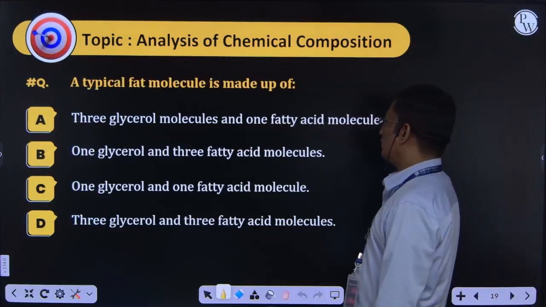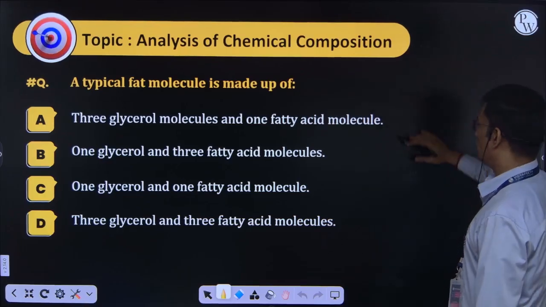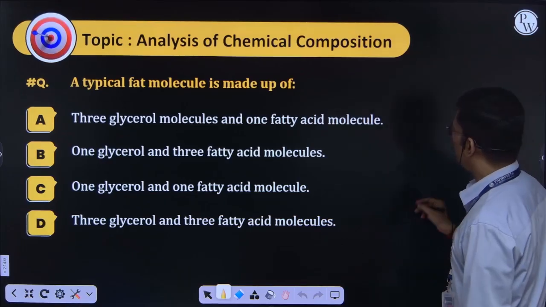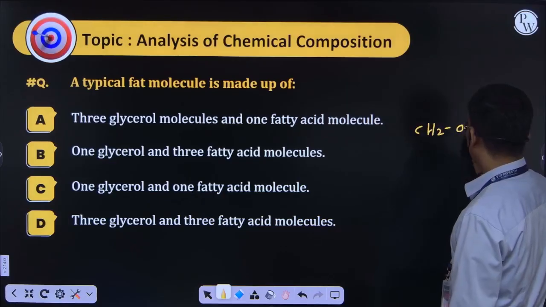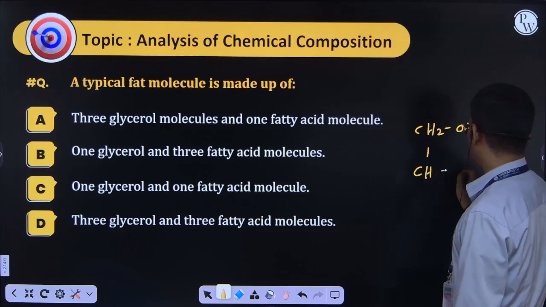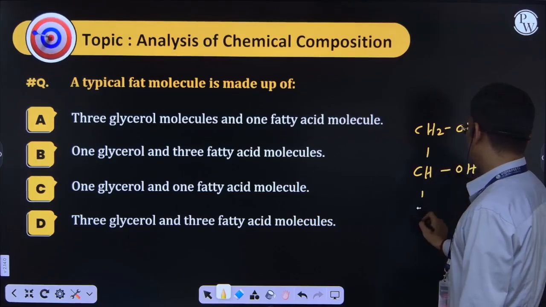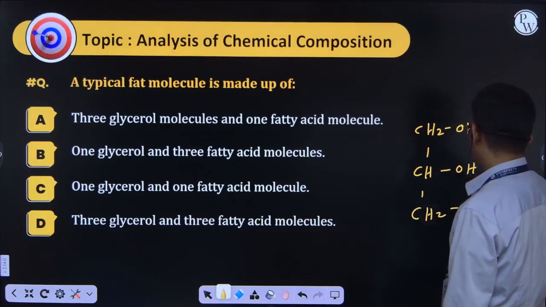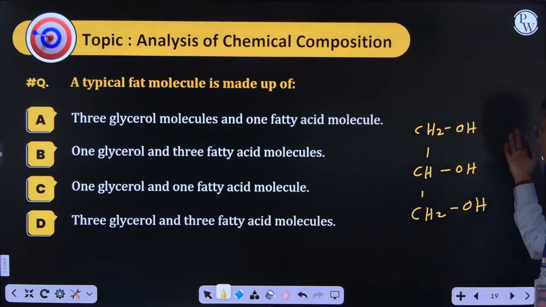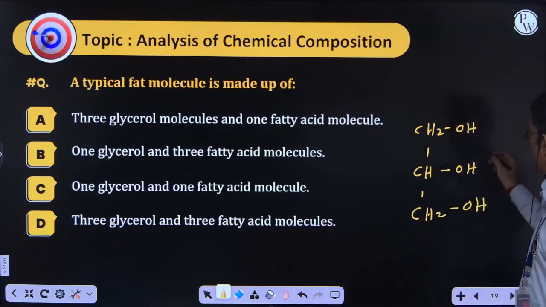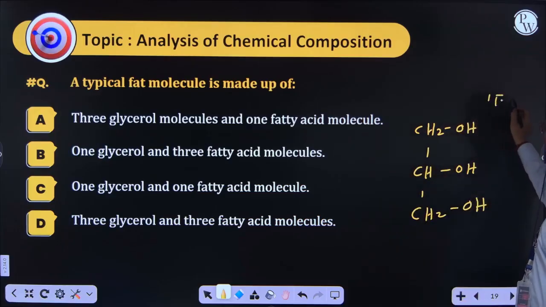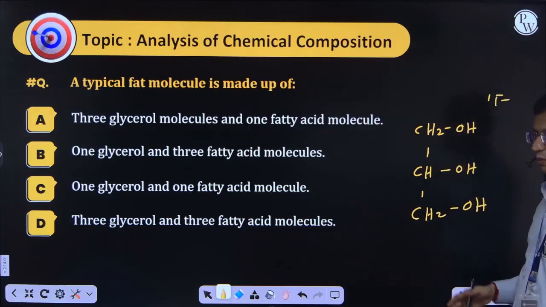Typical fat molecule. So in a fat molecule, what is there? In a simple fat, you can see there will be glycerol: CH2OH, CHOH, then CH2OH. So this is the glycerol. Glycerol will be attached with fatty acids. If one fatty acid is attached to the glycerol molecule by forming an ester